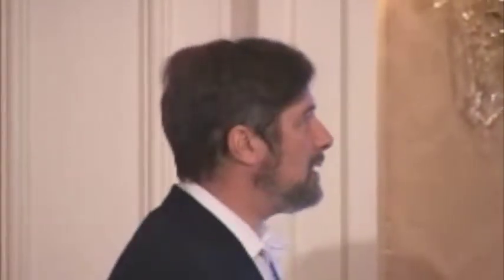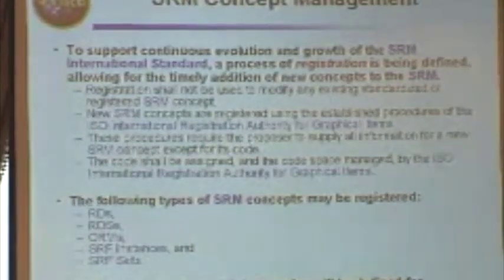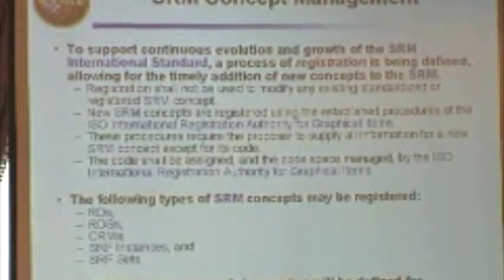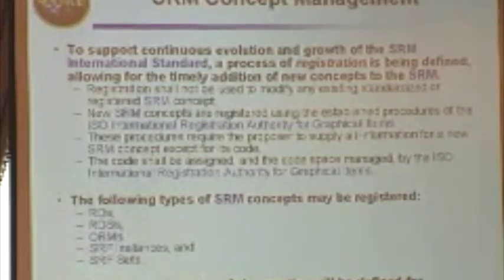This is really a different subject. There's a section in the SRM standard which talks about registration, and it gives a procedure for dealing with, for example, ORMs that are not already there, or maybe even coordinate systems that are not necessarily there. I got a question during the break about a particular coordinate system that we don't deal with. It's a non-conformal map projection.